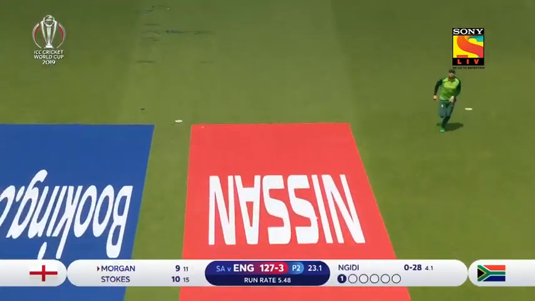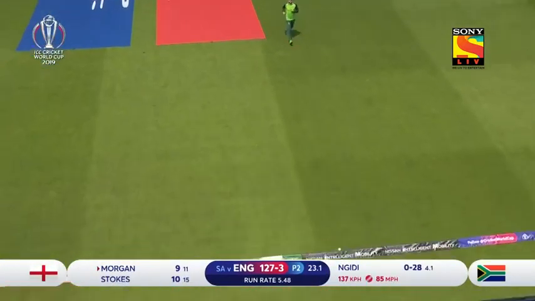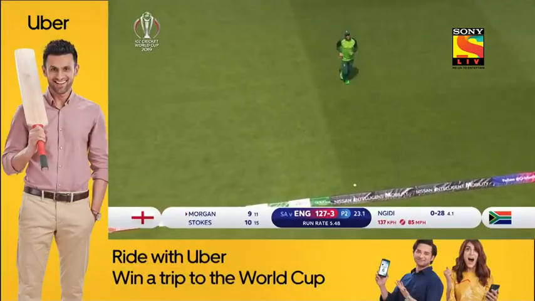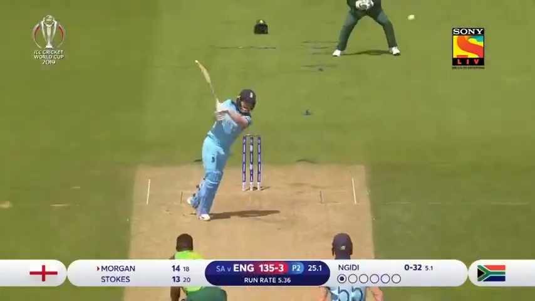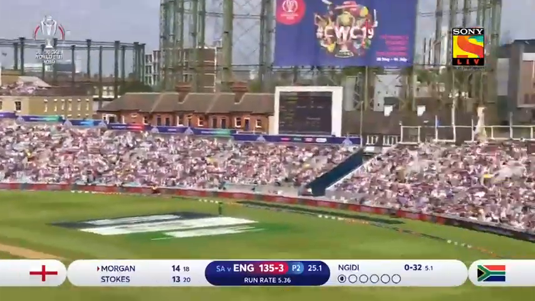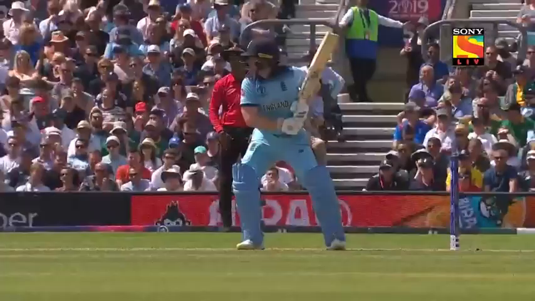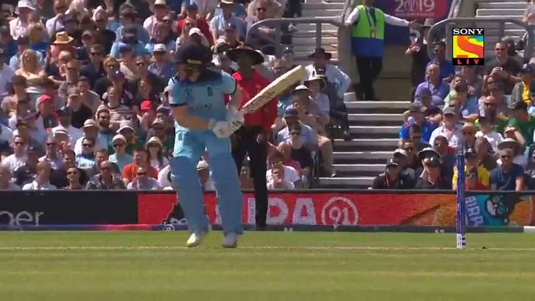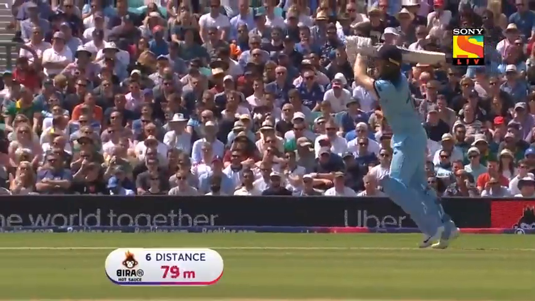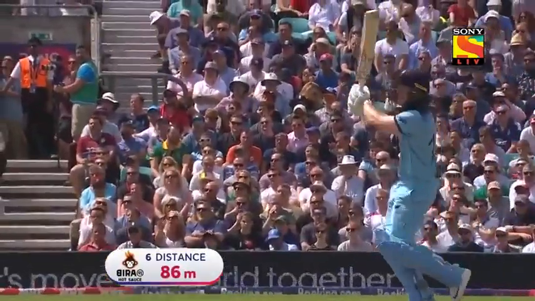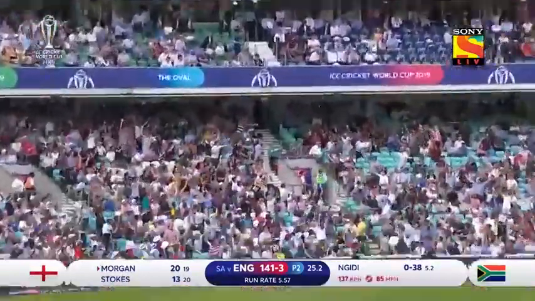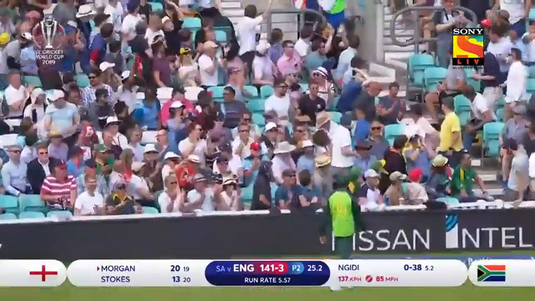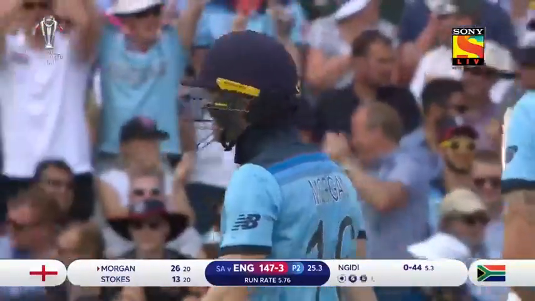It's the second very sweet drive that Eoin Morgan has hit today. Second ball flew to the extra cover fence. As Morgan dances down the pitch. Coming down to the big man in Ngidi. The timing was excellent. Top of the bounce. That's one thing you can use at the Oval. Pulled this time to the shorter boundary. Doesn't matter whether it's a short boundary. That's gone a long way into the crowd.